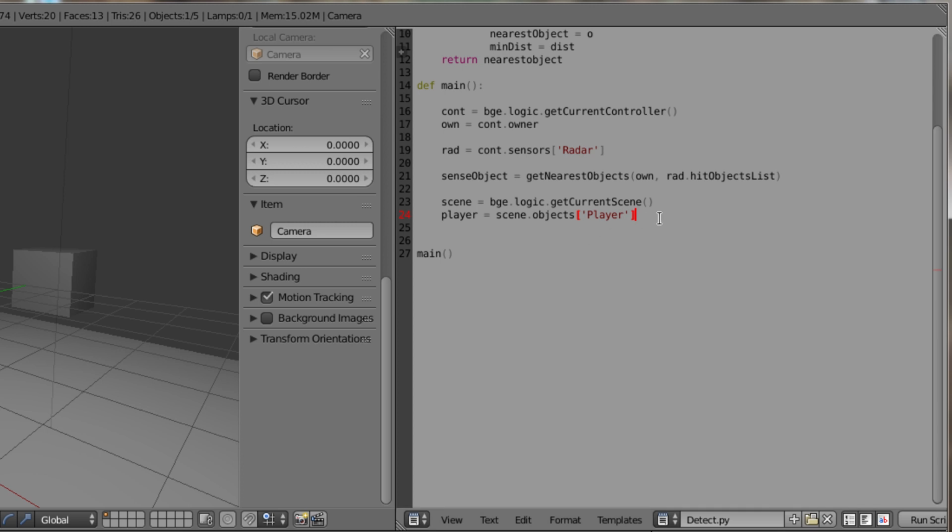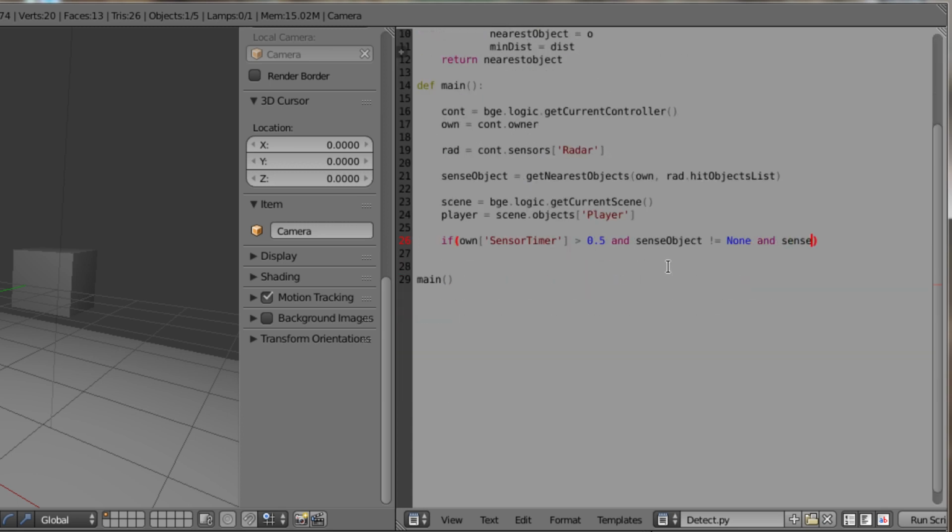And we'll say, big if statement here, so if own sensor timer, and that's the property that we just made, is greater than 0.5, so if it's been 0.5 seconds since the last teleport, and sense object is not equal to none, just in case we have some weird stuff with the distances going on,